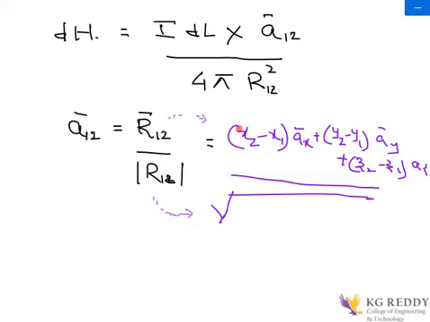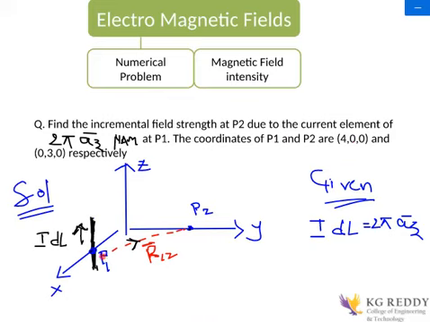This is the vector equation we found. So r12, which is from point 1 to point 2. Why have I taken this as 1, and why have I taken this as 2 when I am taking the equation? Because if you see this line, the force is from P1 to P2. So this will become the first point, and this will become the second point.